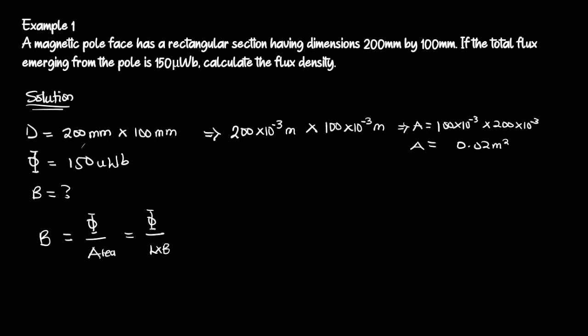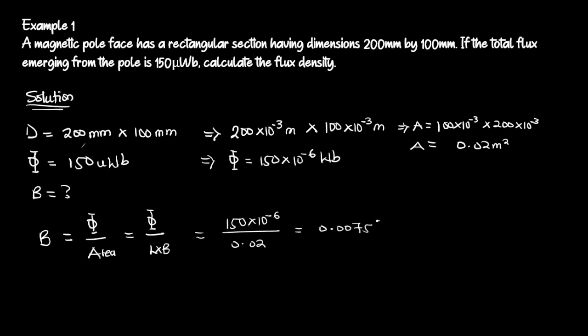Now if you look at the magnetic flux given to us, it is in microweber, so if we convert it, we are going to get our phi to be equal to 150 micro times 10 raised to the power minus 6 weber, and so therefore we have all the parameters that we need to do our calculation. So from here, all I need to do is write B equal to phi over A. Now my magnetic flux is 150 times 10 raised to the power minus 6 over 0.02, and if I compute this in my calculator, I am going to get